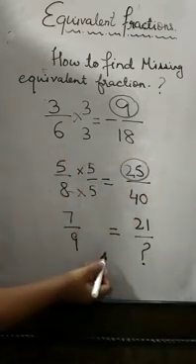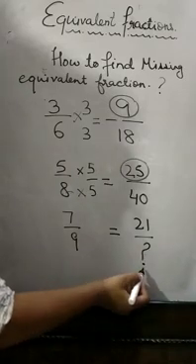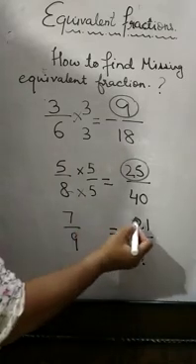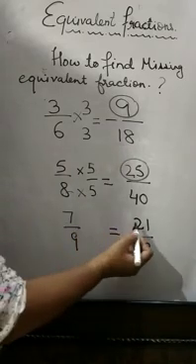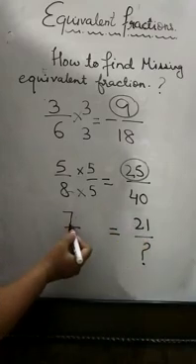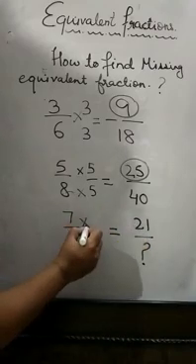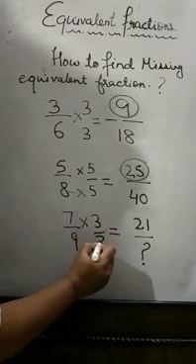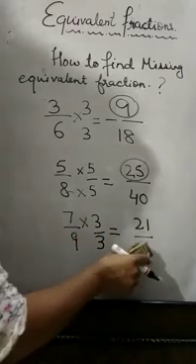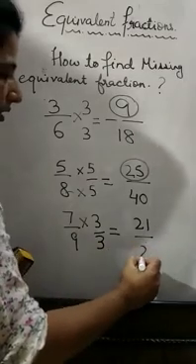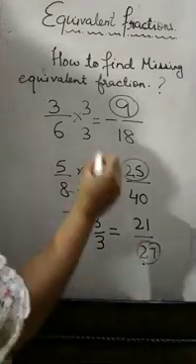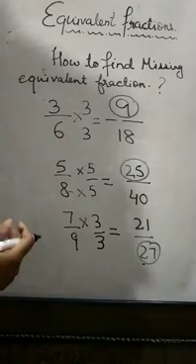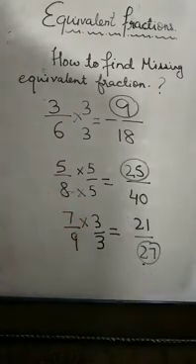Now let's take another example. Now the denominators are missing. I have both the numerators of the first fraction and the second fraction. So where does 21 come in the table of 7? It comes at 7. 7 3s are 21. So it means I have to multiply 9 with 3 to get my denominator, that is 27. So that is how we can find the missing equivalent fractions.